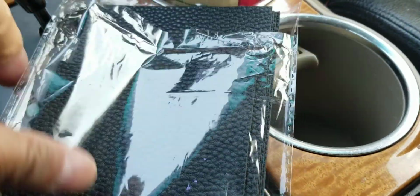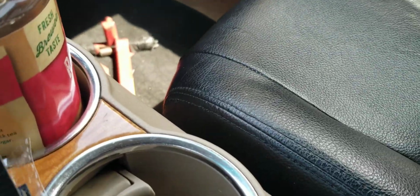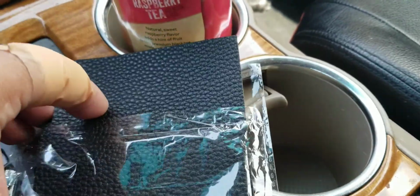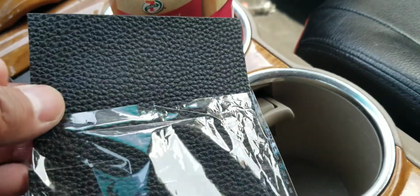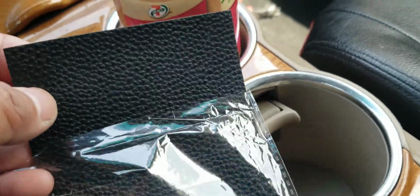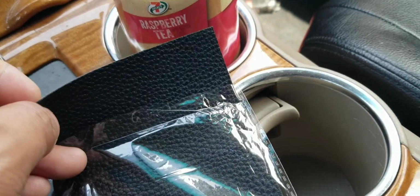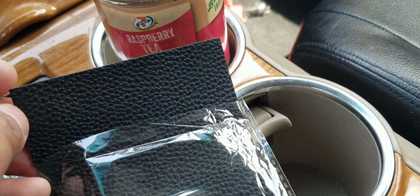Just want to do a video on these fake leather strips. If you have leather seats in your car and they rip and tear, I looked into it and I was weighing between getting a seat cover or this. I got this about a week ago. I used it,